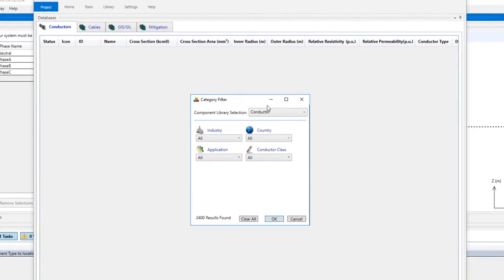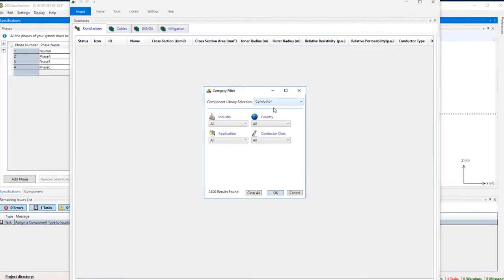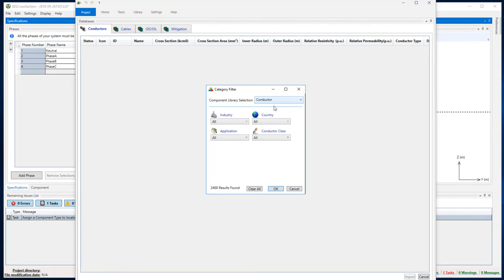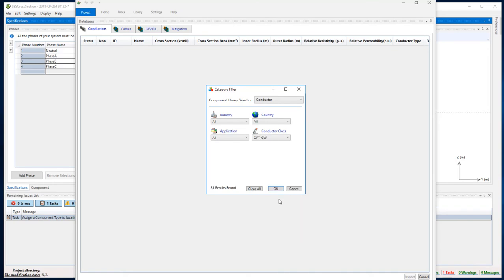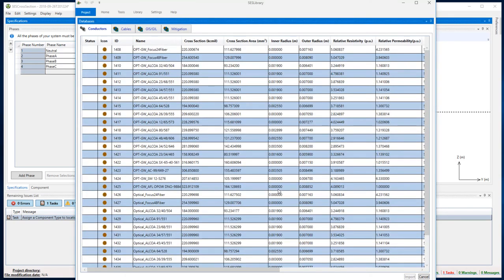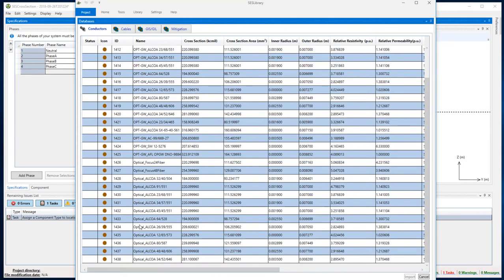There's a separate video tutorial for SES Library providing an overview of how that application works, and you're invited to consult it for more details. Briefly here, we'll just mention that SES Library opens with the category filter window open, and here we'll be selecting OPT-GW from the conductor class category. And we click OK. SES Library then presents all of the optical conductors in its database, and we're going to select the Alcoa 4848606 conductor. When we click on the Import button,